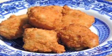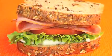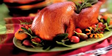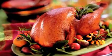Who could resist a juicy serving of chicken, fried or straight off the grill? Or how about a delicious turkey sandwich with a little lettuce and tomato? In America, and across the world, chicken and turkey are two of our favorite meals and a family tradition for